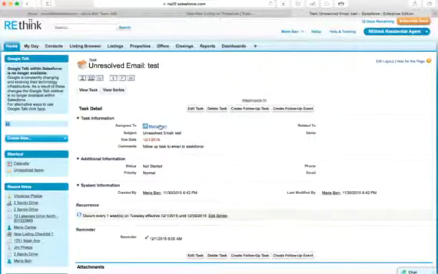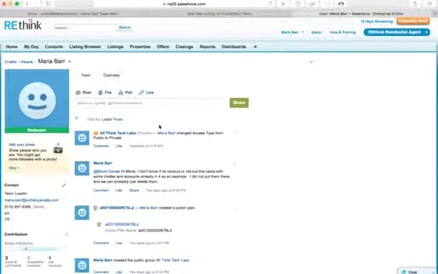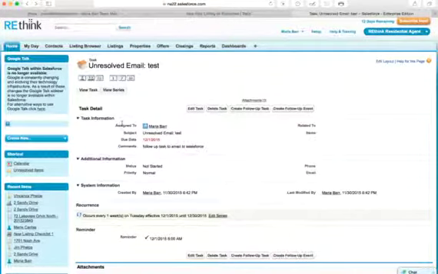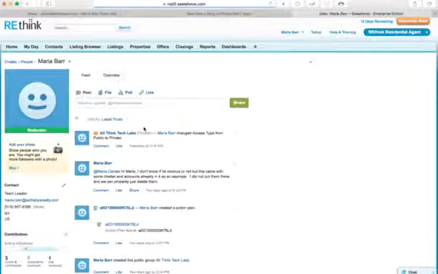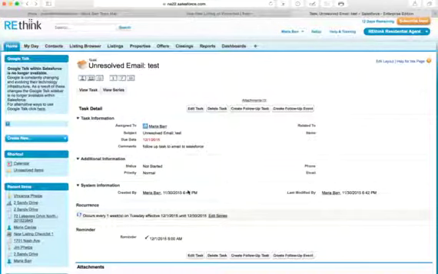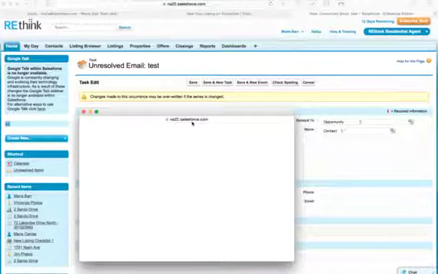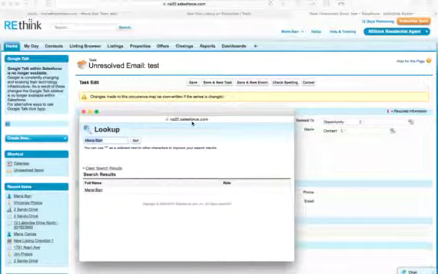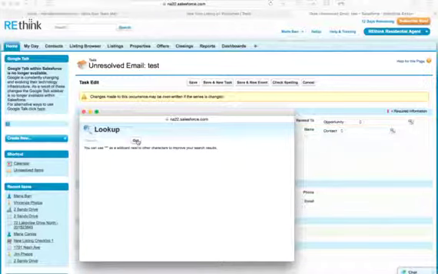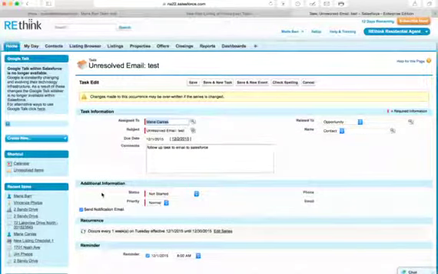Yesterday, I think I gave this to you. Oops. Let's see. I thought I had assigned it to, let's see, edit task. Here we go. Changes made to this occurrence may be overwritten if this series is changed. Okay. I'm going to give it to you